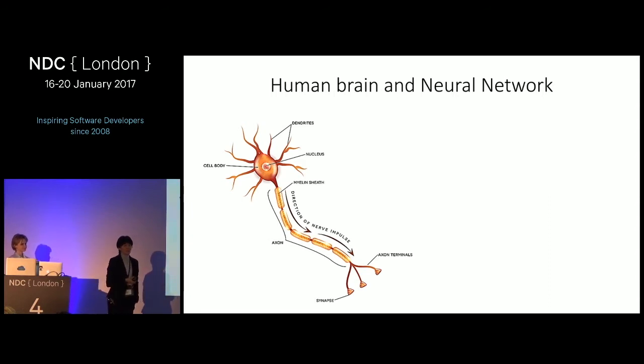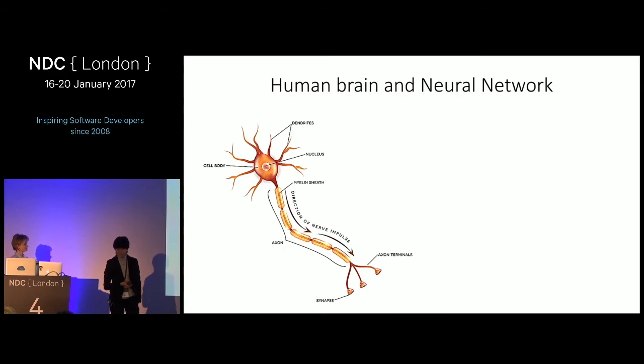And axon can be covered with a thin layer of myelin. The role of the myelin is to speed up the transmission of a signal, and you can think about it as an insulation of electrical wire. And then finally, there's a synapse. Synapse is a gate-like element which decides if the result of processing which came through axon should be sent on to other neurons or not, if maybe the signal is not strong enough.